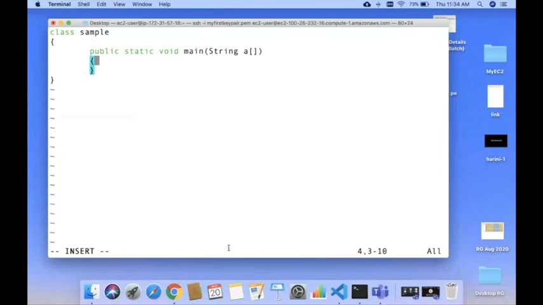Now inside this you can provide a simple output statement, System.out.println, hello. With this step, we have written a simple Java program.